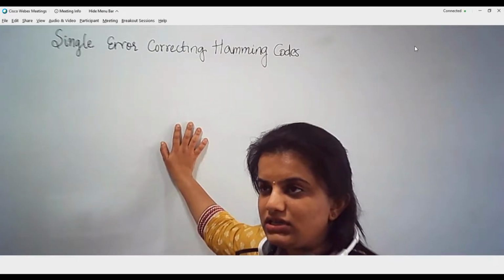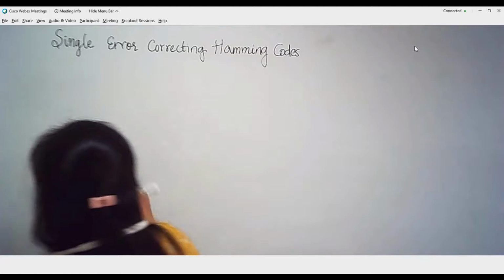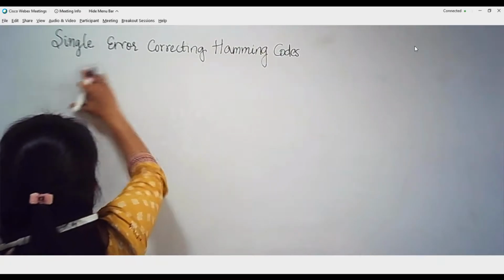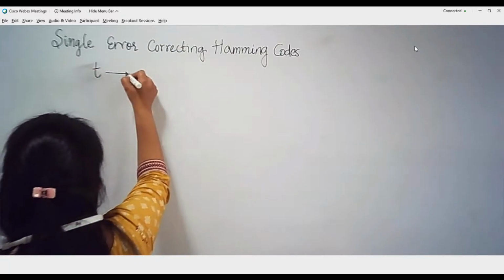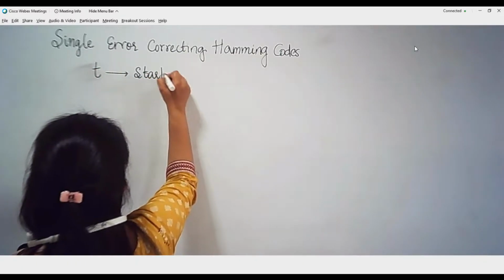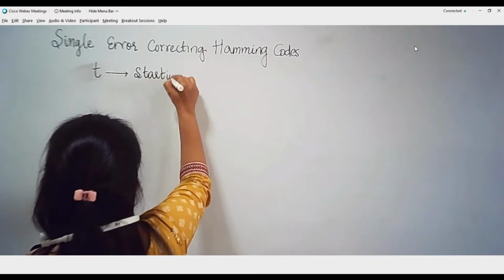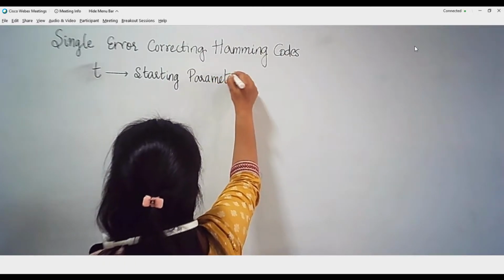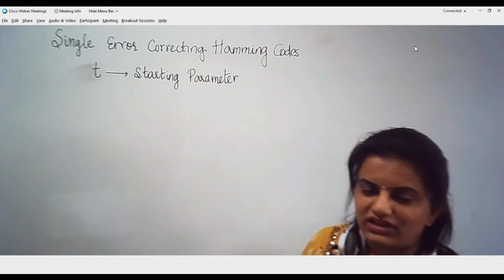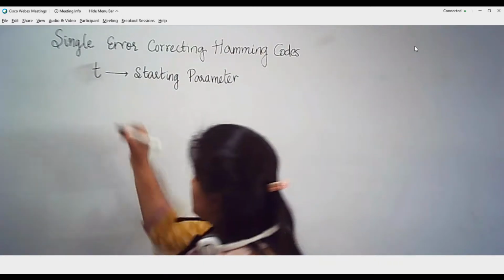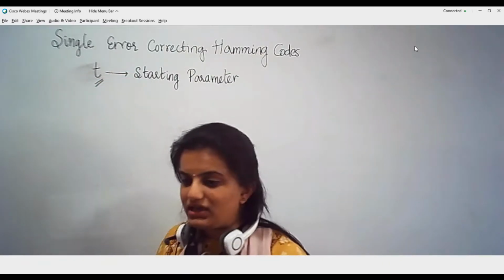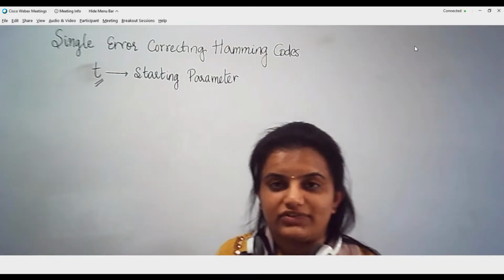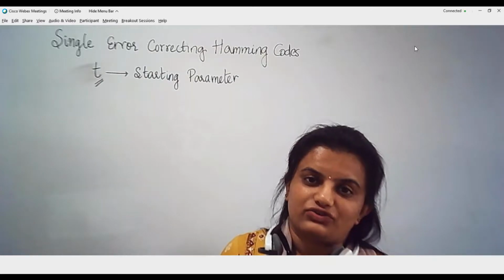Here, usually we do not know the parity matrix, but we just know how many bits we want to correct. So the starting parameter that we require for designing the linear block code is how many bits I need to correct on my receiver side. The design parameter that we are going to pick is only one parameter called T, which is the error correcting capability of a linear block code.